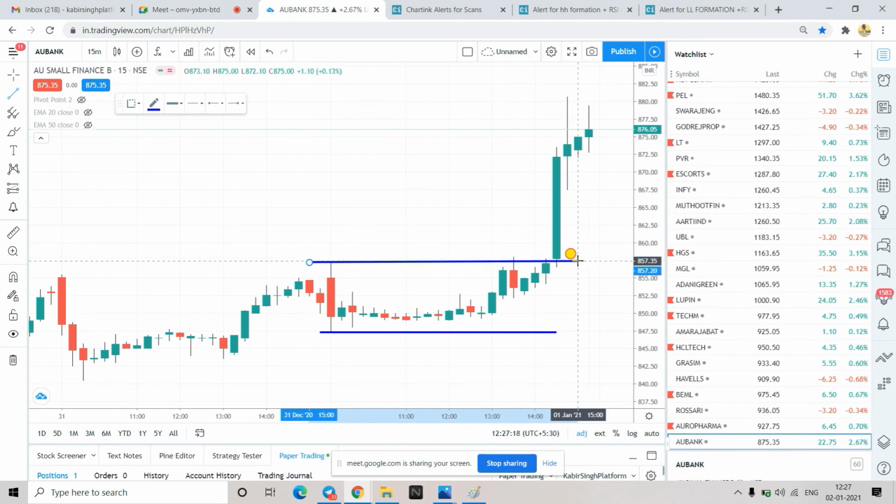So this is again, I have drawn an open range. All right. So this was the day low, this was the day high. Day low is not getting broken, and now it has broken the day high. Okay, and then you can see how strongly it has moved. So it broke at somewhere around 230, right?